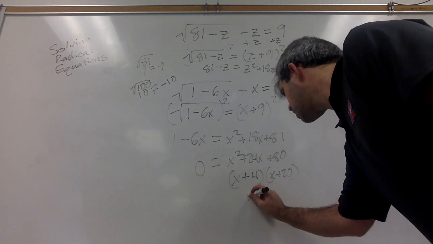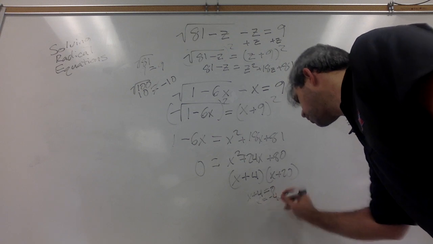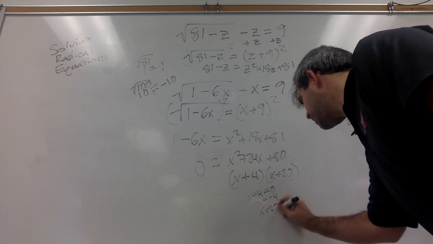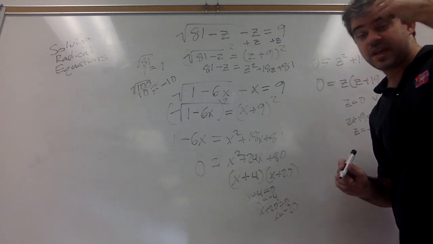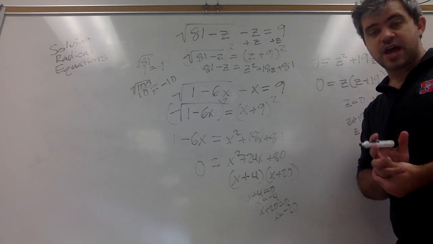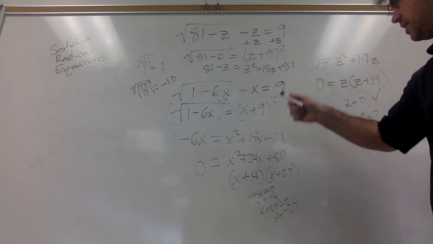So x plus 4 equals 0. That means x equals negative 4. X plus 20 equals 0. That means x equals negative 20. So now we need to double check that these are both valid solutions. So if I plug these in,